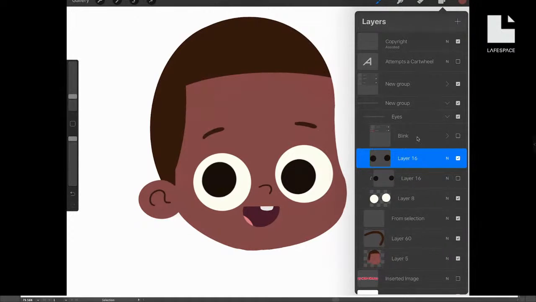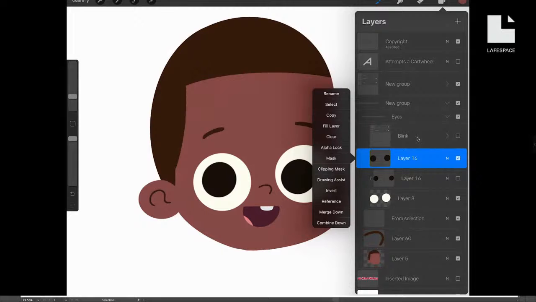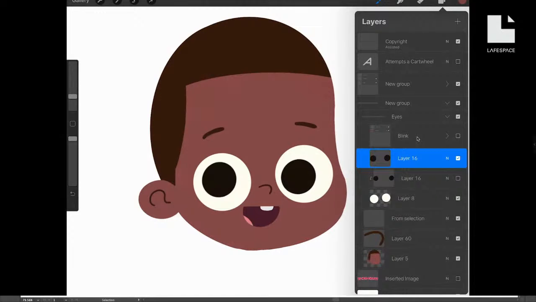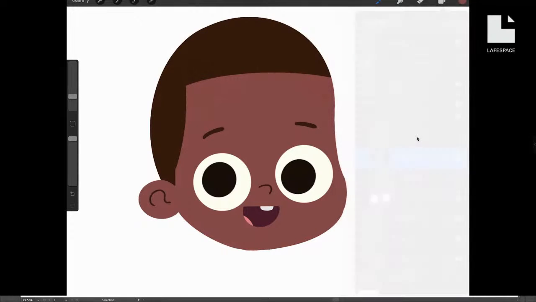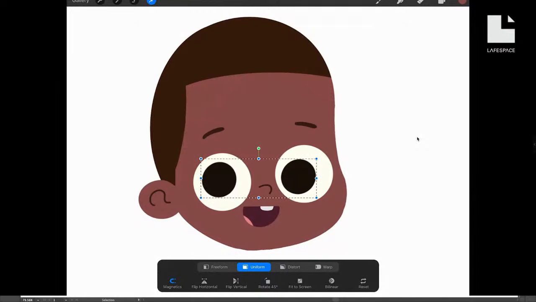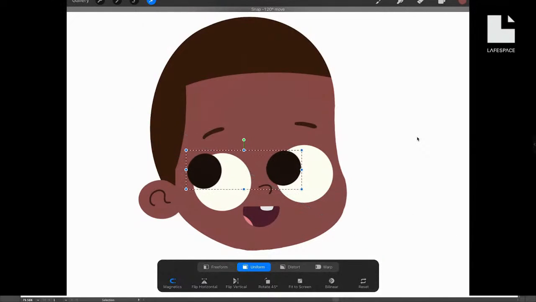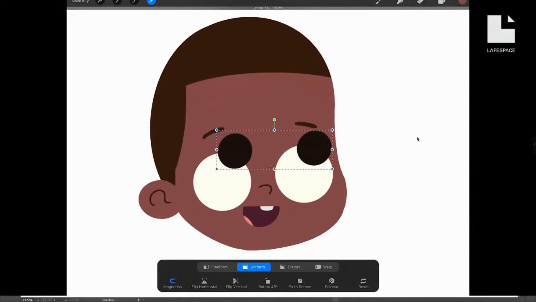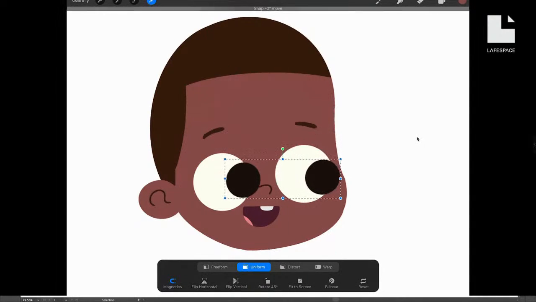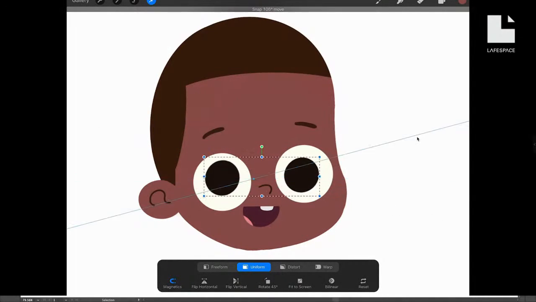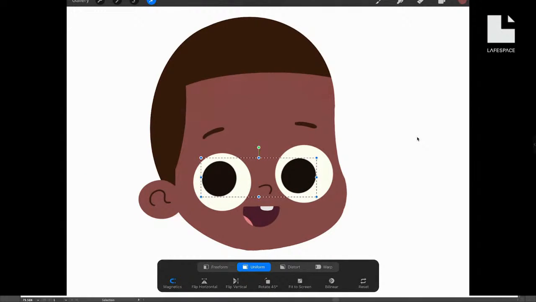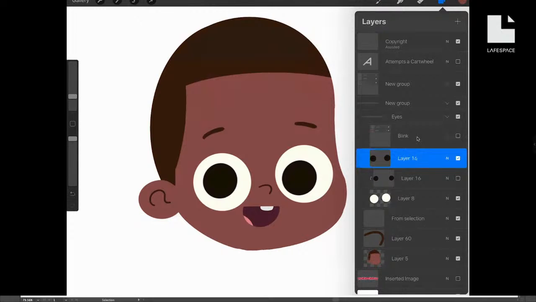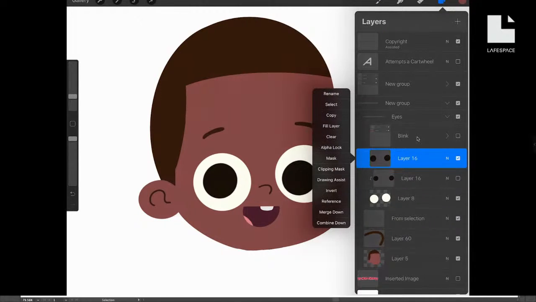Clicking here, you can see my layers. And right now I'm on the eyeball layer, right? So there is no clipping mask currently. When I move the eyeballs around, you can see that it's not within the socket, right? The benefit of having a clipping mask, especially from a character design, if I wanted to animate this in Procreate, you have different animation features, I would want to put this in a clipping mask, and all I have to do is tap this layer where the eyeballs are,